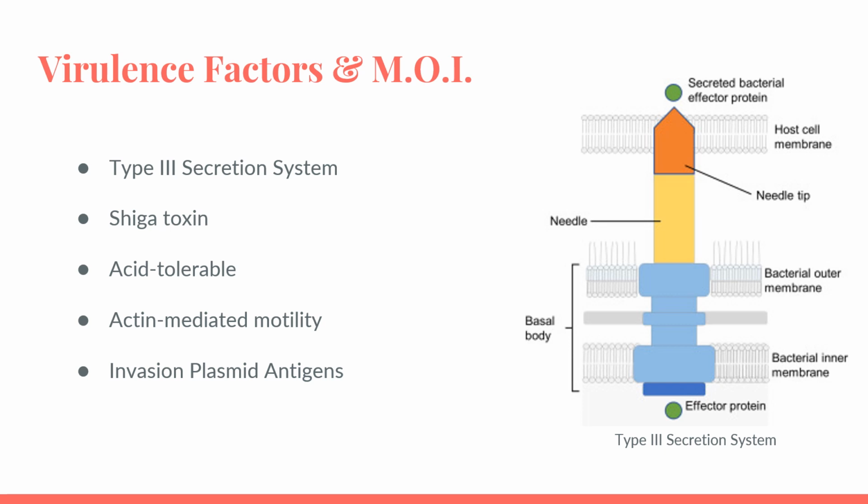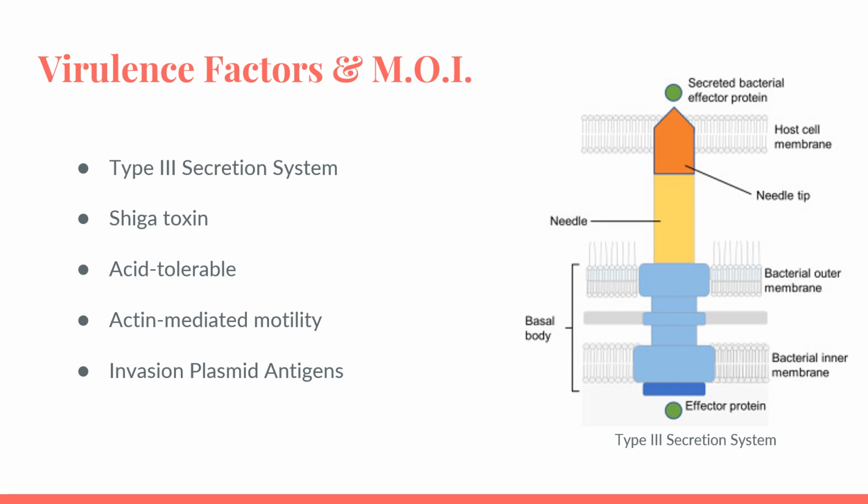Virulence factors and mechanisms of infection. So the entire Shigella species has the type 3 secretion system that I've displayed for you over on the right. This needle-like protein appendage helps the bacteria inject effector proteins. It also helps them poke pores and holes in cell membranes. So essentially this is how they get into those M cells that we talked about earlier and how they escape